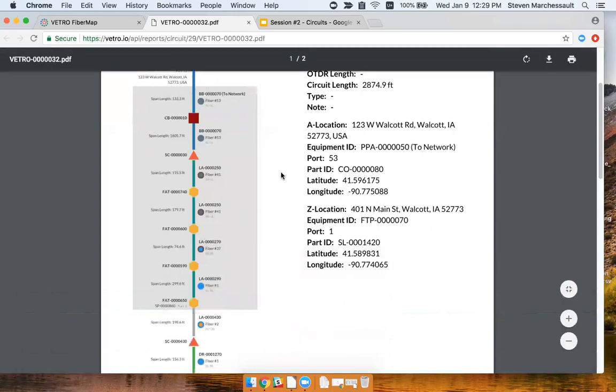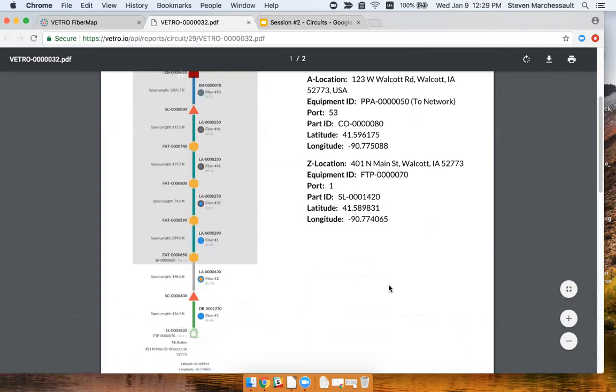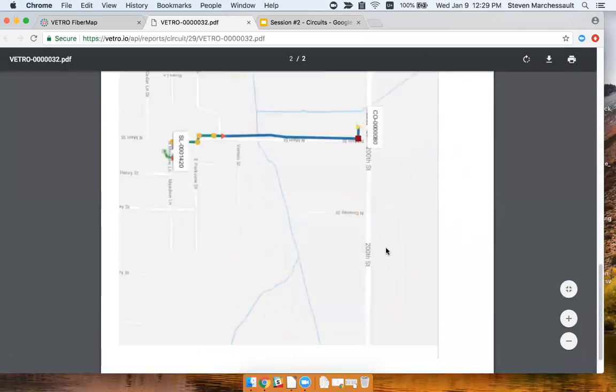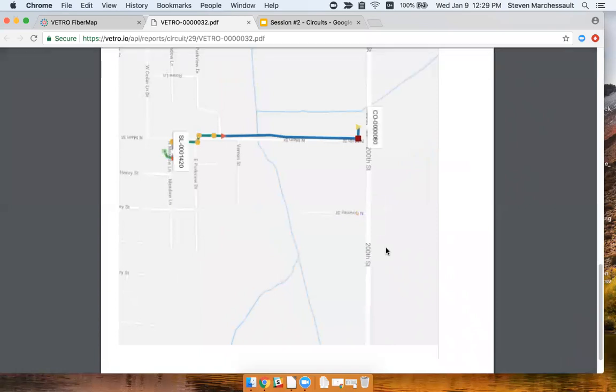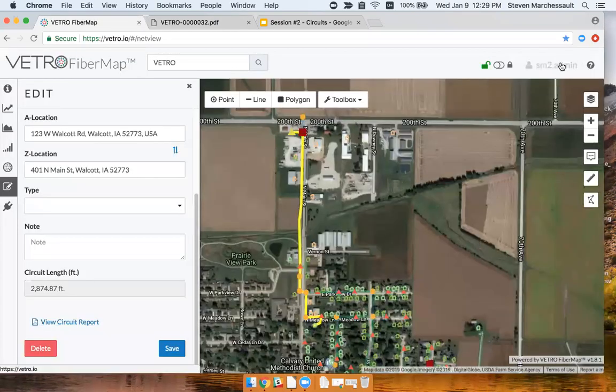Here's the same schematic that we were seeing, similar to what we were seeing in FiberManager. Here are all of the points, the cables, the fibers that are involved. Any equipment connections are represented here with the equipment ID, the port number, and so on. And then all of this is followed by a map showing that. So a very useful tool for isolating what's going on with this circuit, what is all the information, all the context that I need for this fiber pathway. We also capture this information, like I said, in a